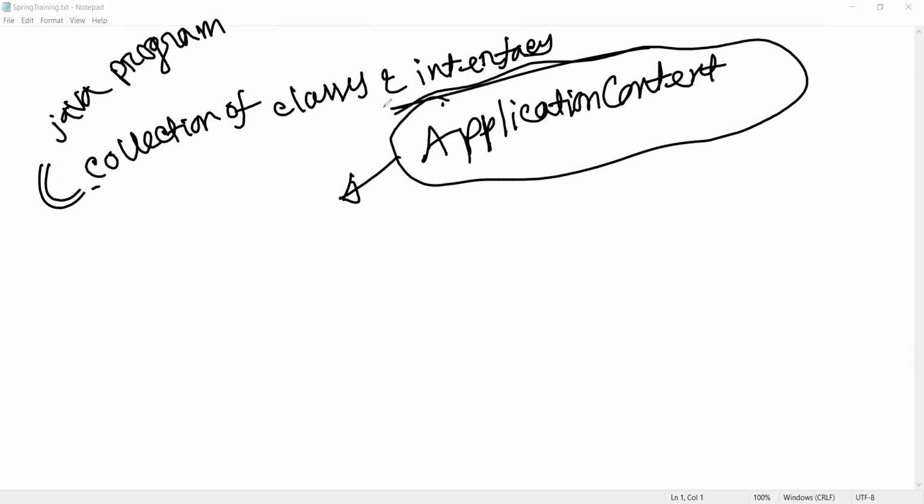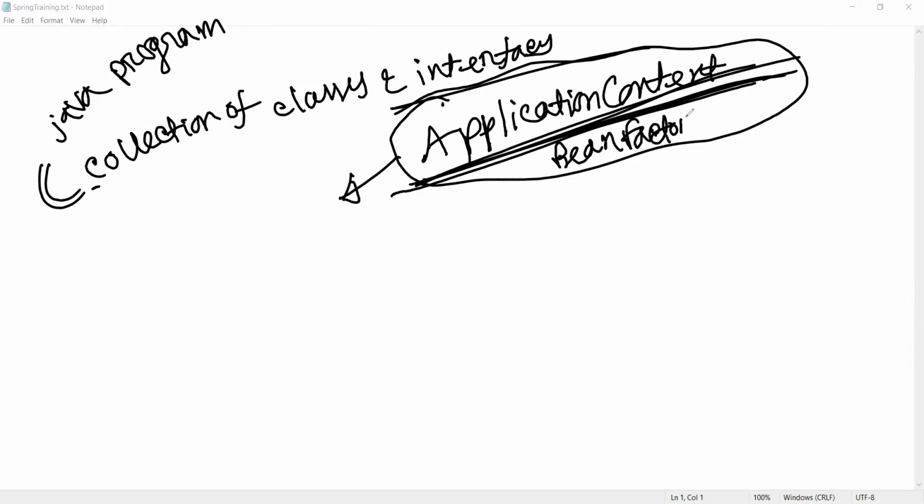When we create the ApplicationContext object, then I will say the container is created, the Spring container is created. Observe one special interface like ApplicationContext, or you can say BeanFactory also. Just keep in mind a single interface name: ApplicationContext, BeanFactory.